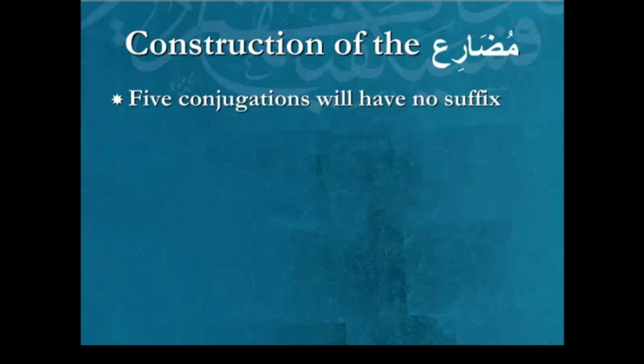Okay, so 5 of the conjugations do not have an ending. There's no ending. It's just the lam position that is the last letter in 5 of them. And like I mentioned, what allows that is the fact that the prefix will be different. So there needs to be some difference, and the difference does not need to necessarily be at the end. The beginning can serve to distinguish between the conjugations.